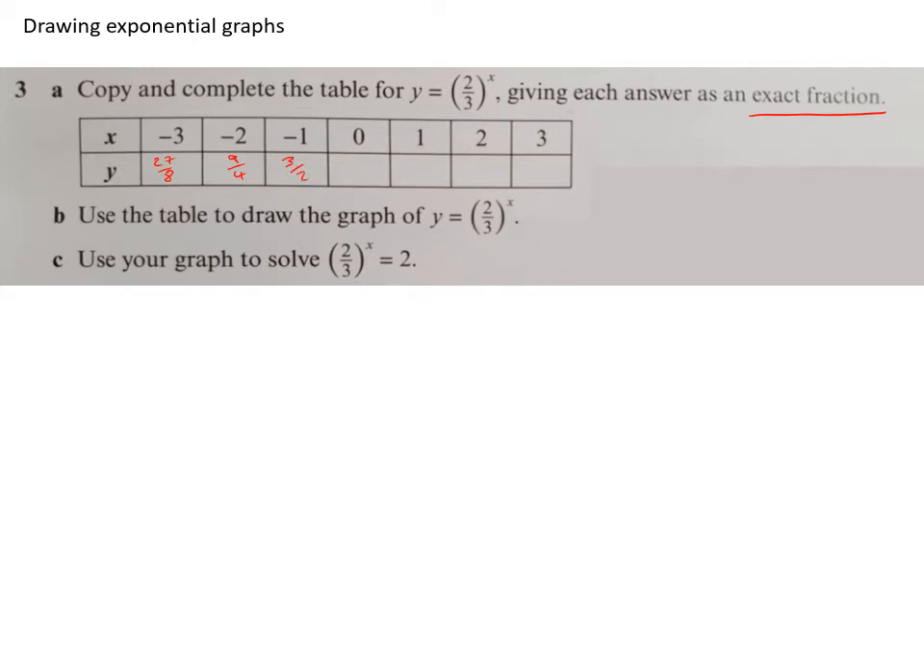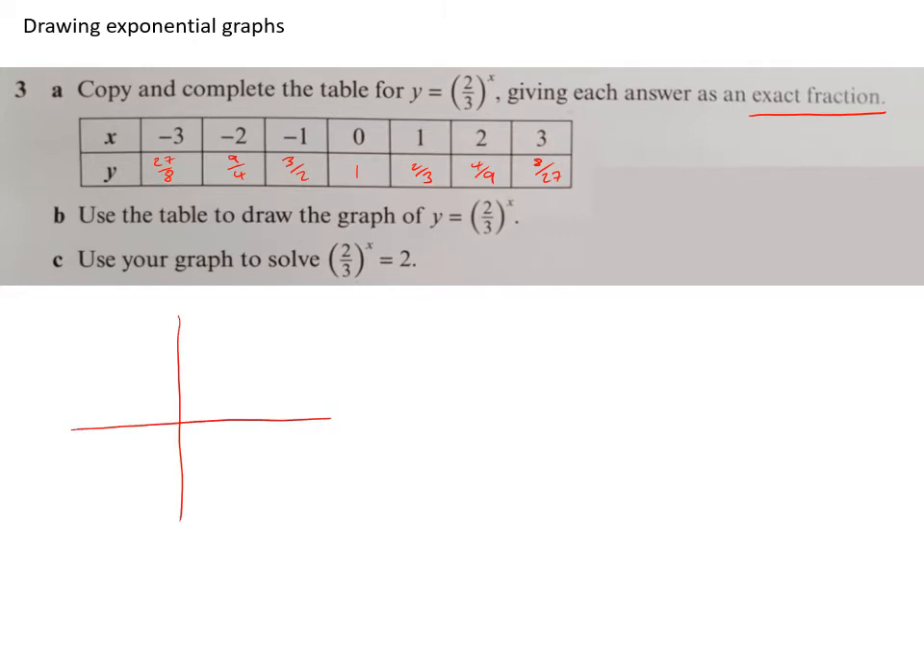Anything to the power of 0 is 1. Anything to the power of 1 is going to be the number itself, so that's 2/3. Squaring this fraction is going to give me 4/9. And then cubing the fraction is going to give me the cube of both the numerator and denominator, so it's going to be 8/27. So you should then be able to plot that graph, and this one you should be able to see actually,